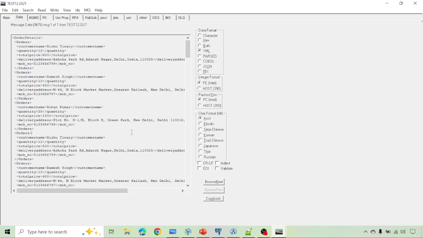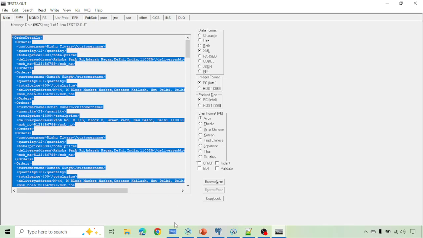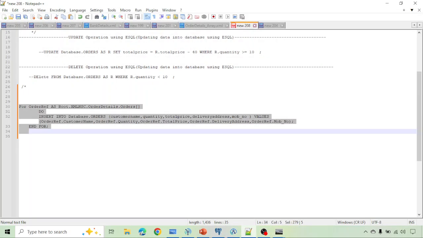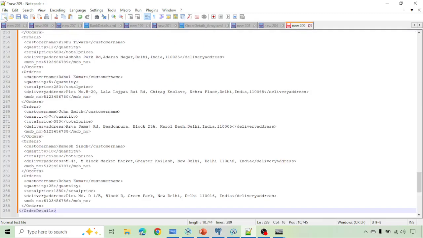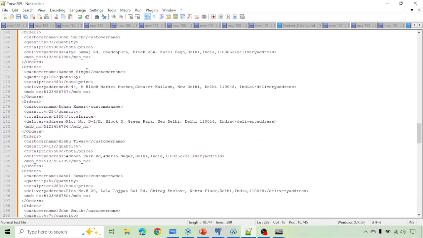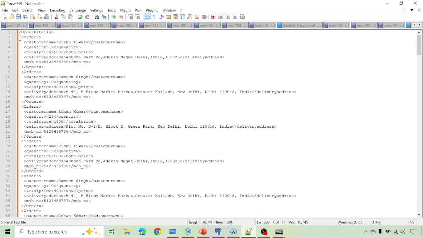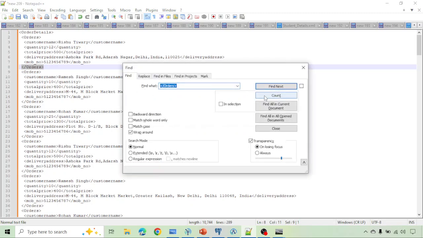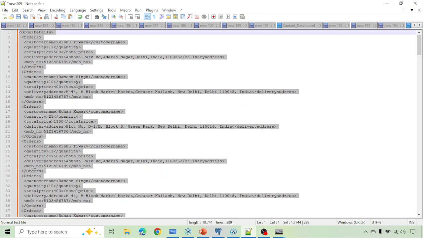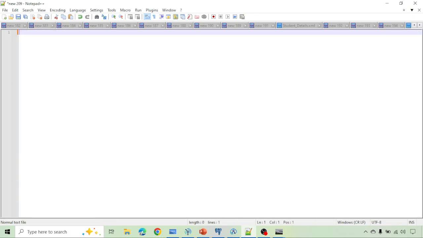If I copy this information into Notepad for your information, and then do Control C, Control F, you can see a total of 41 matches coming. I'm just counting this tag. Okay, so a total of 41 matches are coming. It means a total of 41 rows have been fetched from this table. Okay,